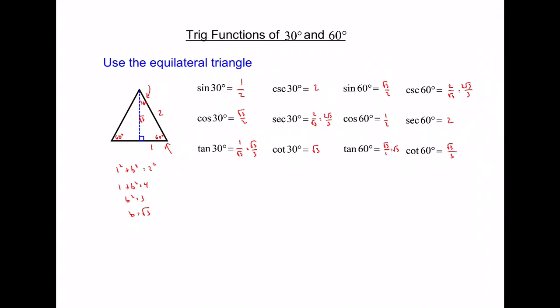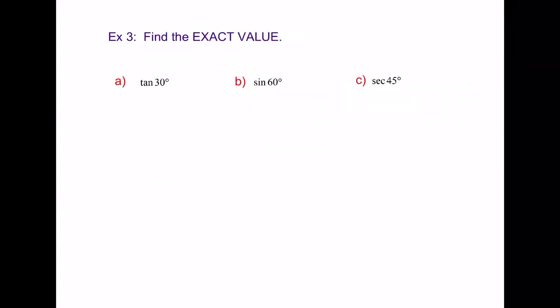So now we have looked at 30, 45, and 60 degree angles and the 6 trig ratios that go with them. You're going to see a lot of similar angles with the 30 and 60 because you're using the same triangle. So if we're looking for the exact value of tangent of 30,